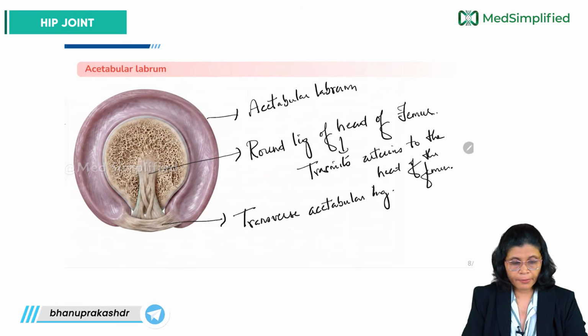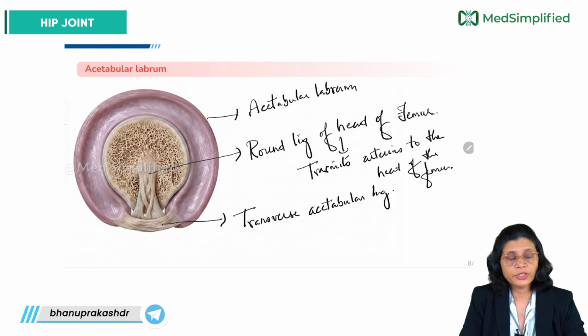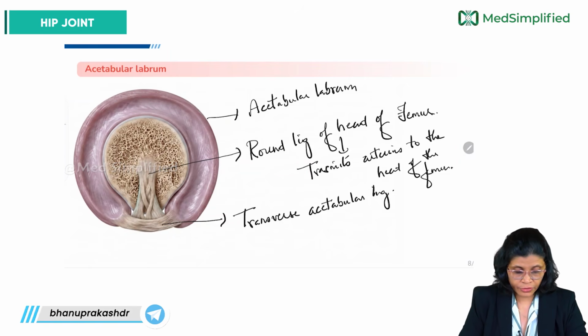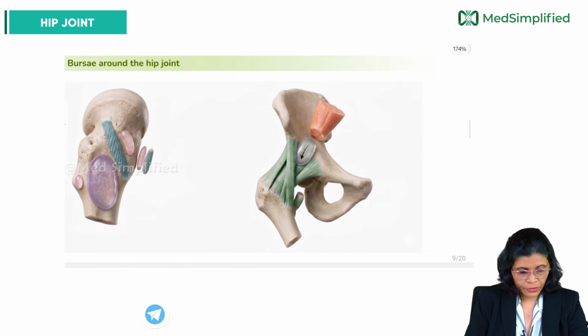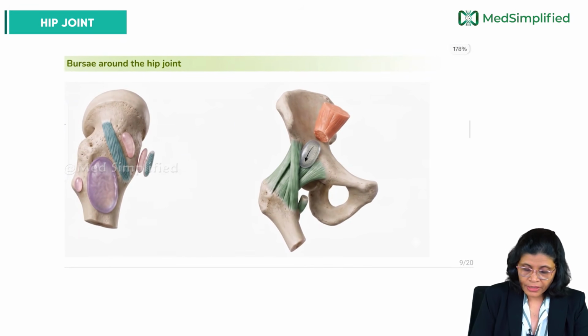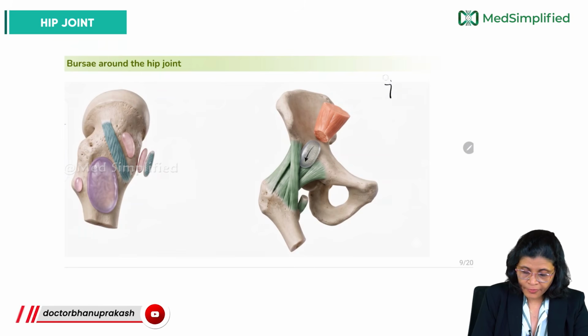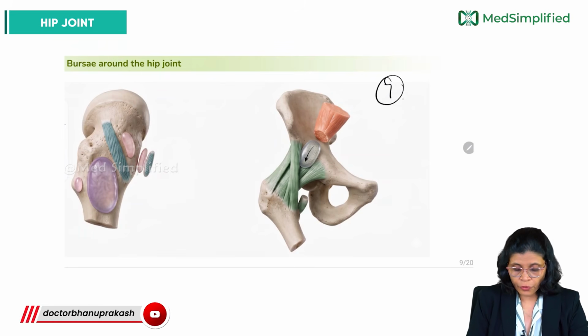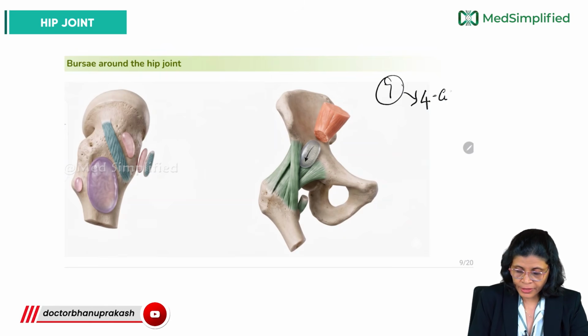So these are the main ligaments which provide stability to the joint. Then next you need to know some of the bursa around the hip joint. Around the hip joint, we have 7 bursae. Four are present under the gluteus maximus,